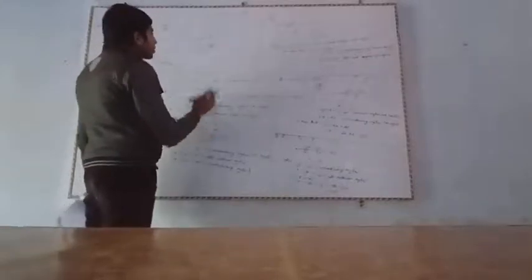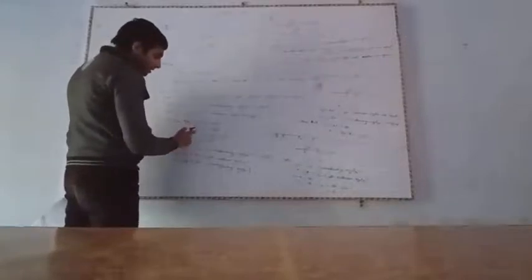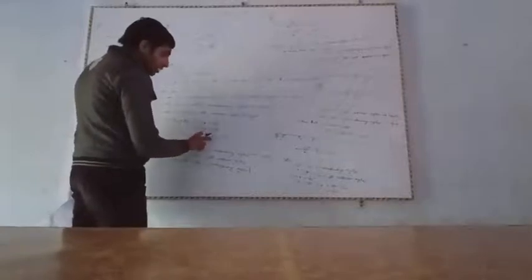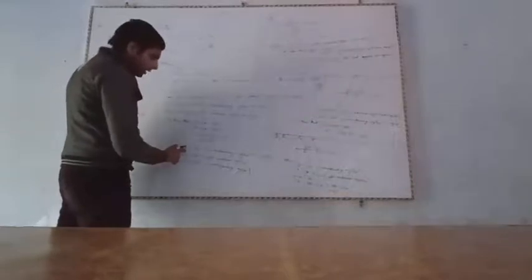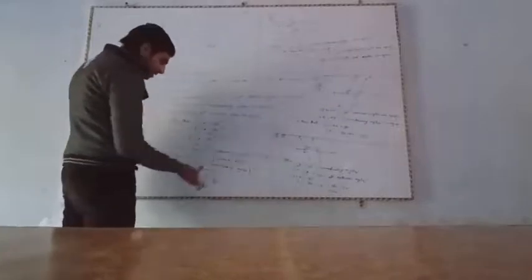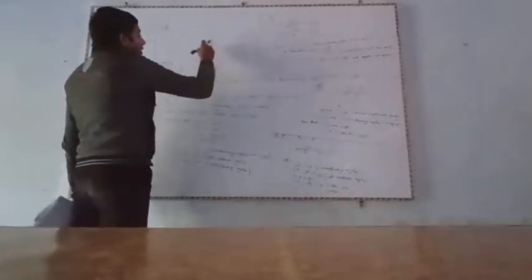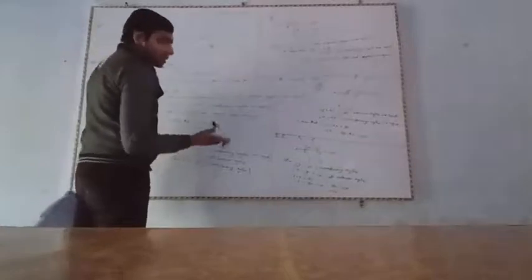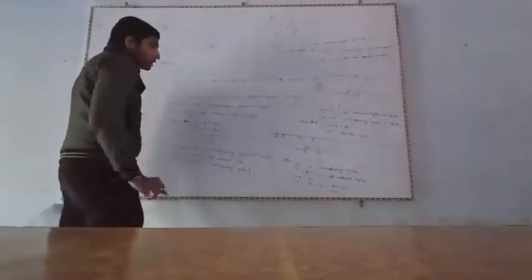Okay. And now we know that angle 1 plus angle 2 is equal to 180 degrees because of linear pair angles. You already have that angle 1 is equal to angle 7, which is equal to 60 degrees. Then 60 plus angle 2 is equal to 180 degrees. Now by transposing, angle 2 is equal to 180 minus 60, which is 120 degrees. You already know angle 2 is equal to angle 6 because of corresponding angles, angle 4 is equal to angle 6 because of alternate interior angles, and angle 4 is equal to angle 8 because of corresponding angles, which are also equal, so 120 degrees.